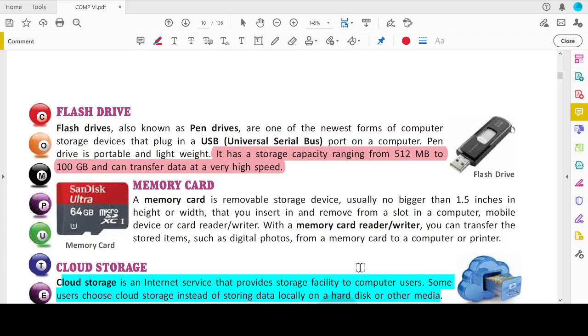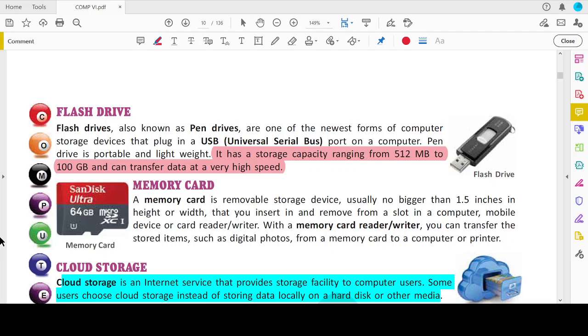We were doing the memory card. A memory card is also a memory disk, a memory storage area which you can use with the computer using a memory card reader, which is a separately available USB device. You can use it in the USB port of the computer.